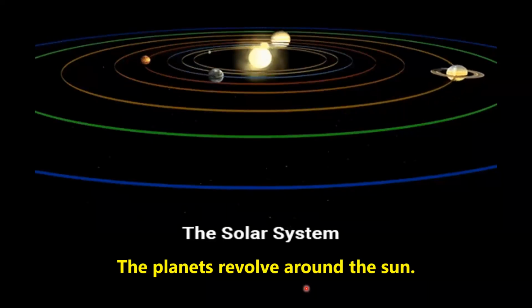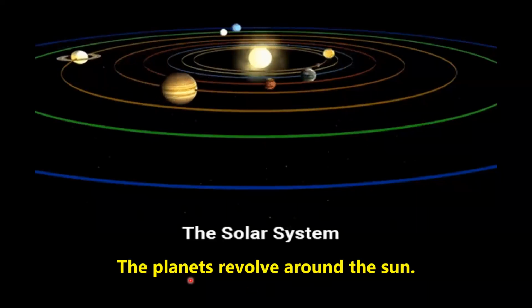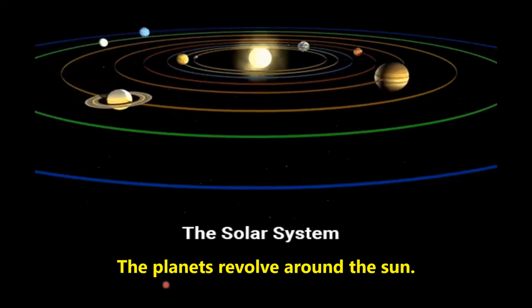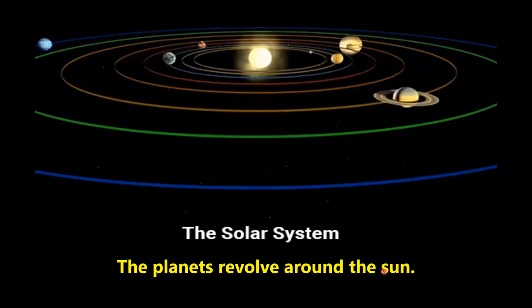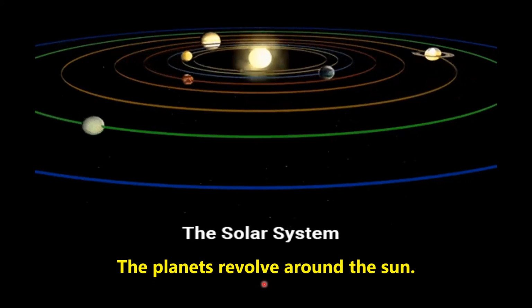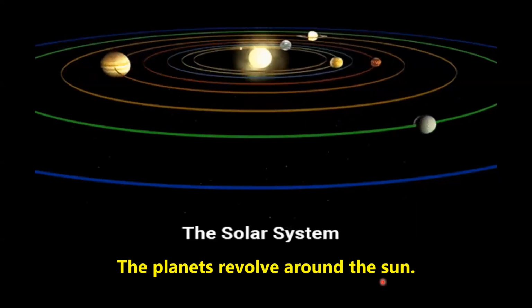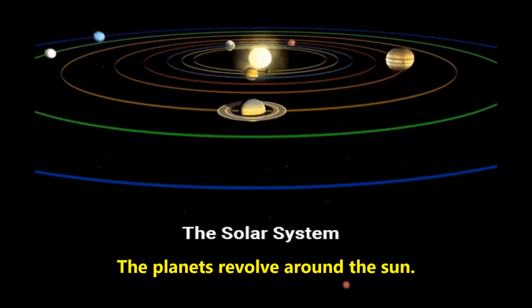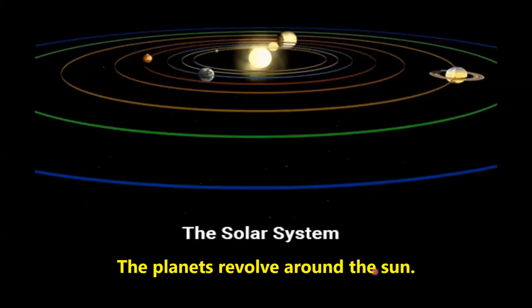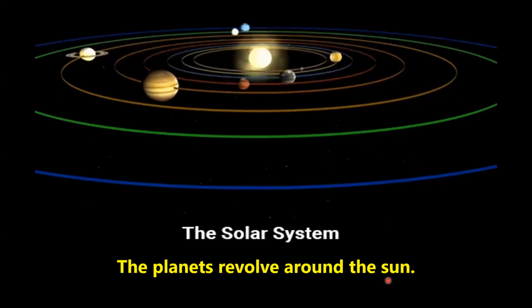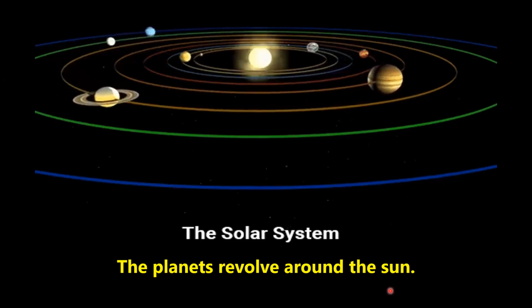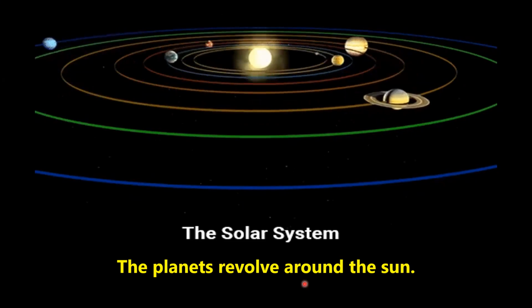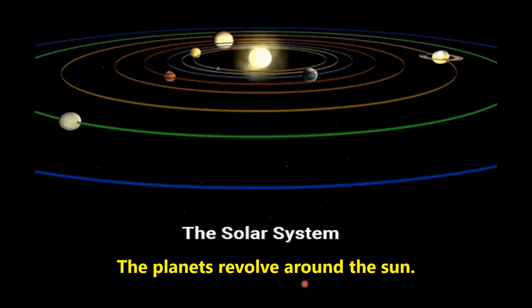So first in this sentence we will pick out the nouns. So tell me children, nouns in this sentence: planets, good, and sun. These two words are nouns in this sentence. So the preposition is around and it is used just before the noun word sun. ये sun जो noun word है उससे पहले ही हमने preposition around use किया. Clear children?